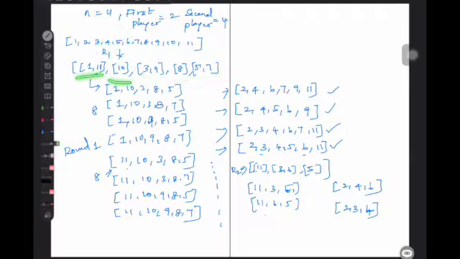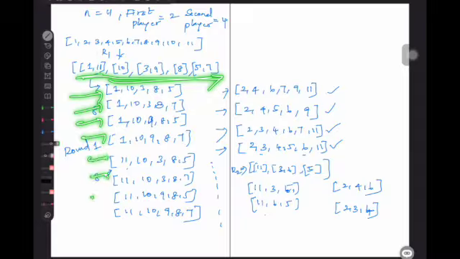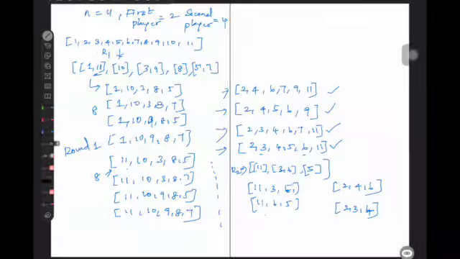With this, we are generating all the combinations. So what are all the combinations? We have 8 combinations. If you take a look, 1, 10, 3, 8, 5 could have been eliminated. Instead of 5, 7 could have been eliminated.